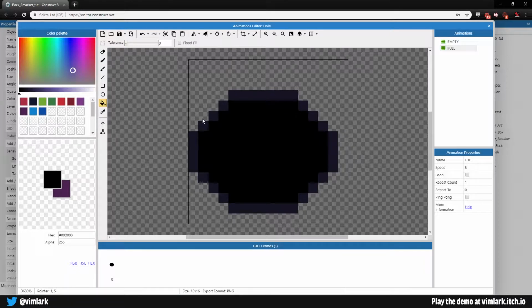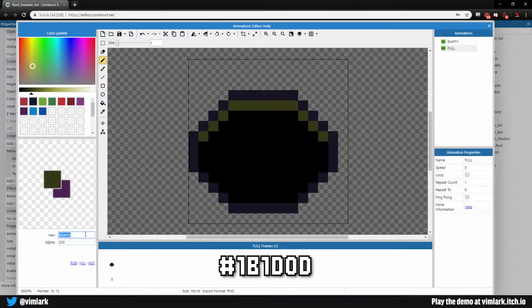I want to give it a little bit of depth, so let's go ahead and grab a green color. I actually wrote these down so I wouldn't forget. So we will add a hex of 363919. That gives us kind of a darker green here. Add our pencil tool, and we are just going to draw on around this outer edge here. Our next color will be 1B1D0D. That gives us a little bit of a darker green, and this one we're going to pull all the way